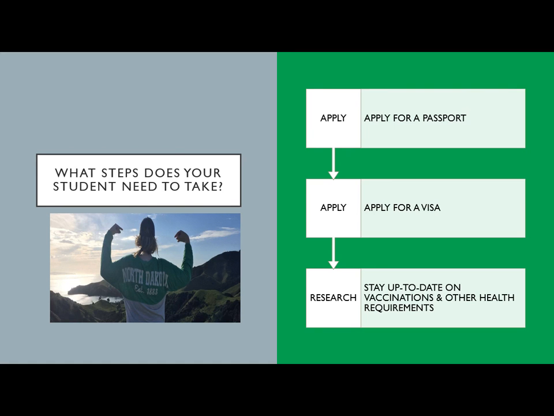Second, depending on the country they will travel to and the length of time they will spend abroad, they may need to apply for a visa. This could require a trip to Chicago in order to visit their particular country's consulate, where they will submit the necessary paperwork for the visa they need. Your son or daughter will be given more information about this process when it is time to apply. However, knowing that they may need to make this trip is something that they should consider before committing to their study abroad program.